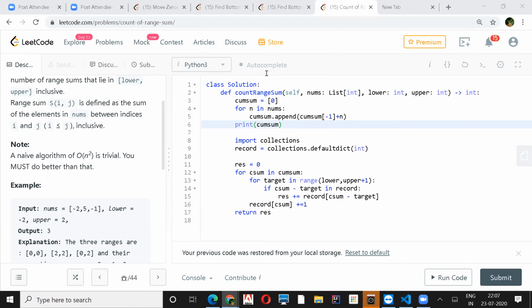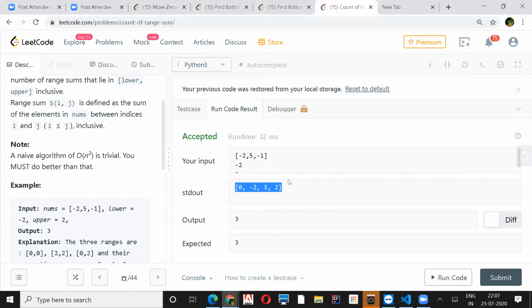Shashank, how is it n square? Can you explain it to me again? My solution you're talking about? Yeah, your solution, which you are presenting right now. Yes, sure. So this is the cumulative sum you got, right? Now you'll take each of the cumulative sums and check against lower and upper whether your zero is falling in this range or not. If it is falling,